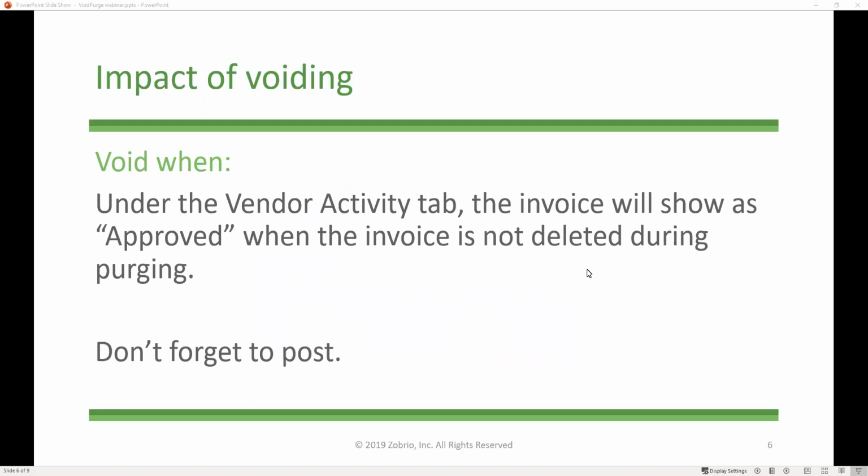When you void a check, under the vendor activity tab, the invoice will show as approved, and it's not going to show as paid. When the invoice is not deleted, that is. So there's the option to just void and not make any changes to the invoices at the bottom of that window, or